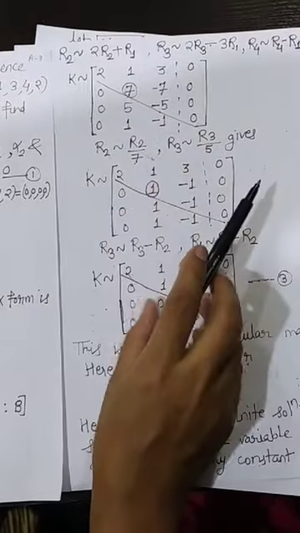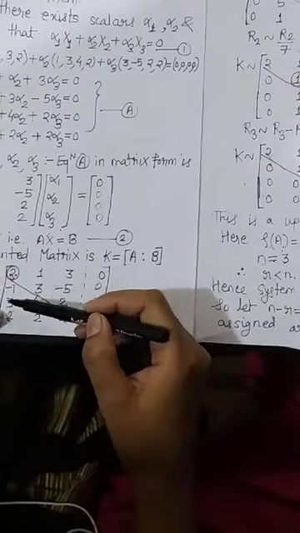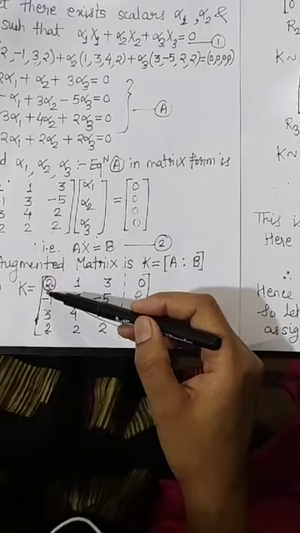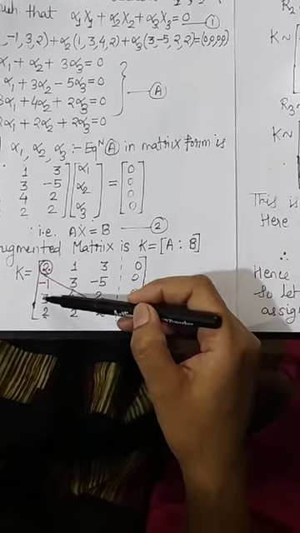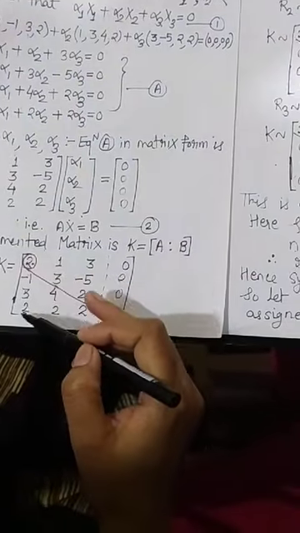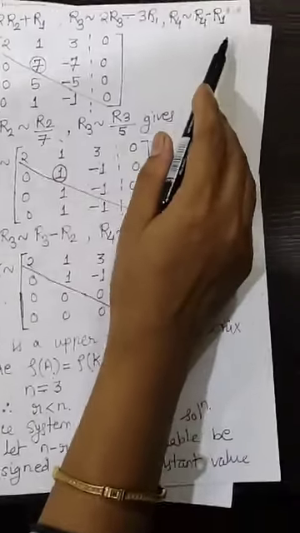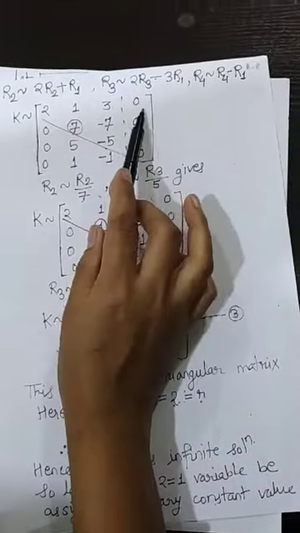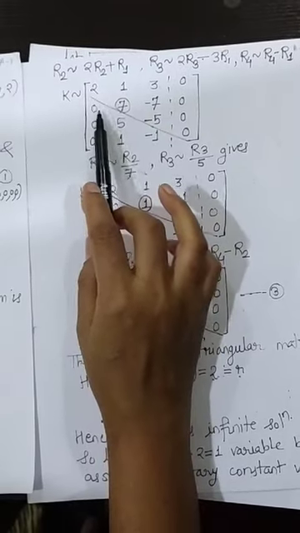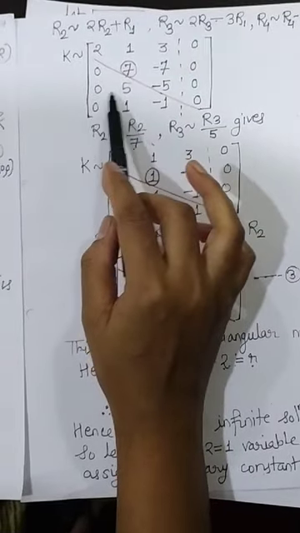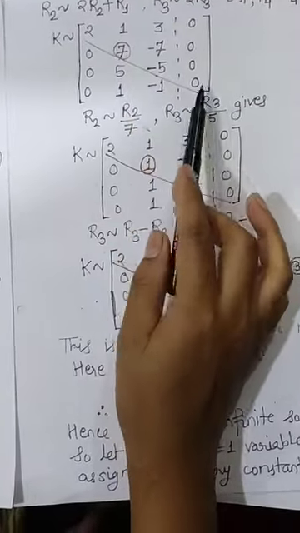Now for making 3 to 0, we will cross multiply, multiplying this by 2 and this by 3. So the operation must be 2R3 minus 3R1. Now for the fourth row, just simply subtract. So we have R4 minus R1. Changes take place in the second, third and fourth rows, so the first row will remain as it is, and according to this change we have the elements like this: 0 7 -5 0, 0 5 -5 0, 0 1 -1 0.